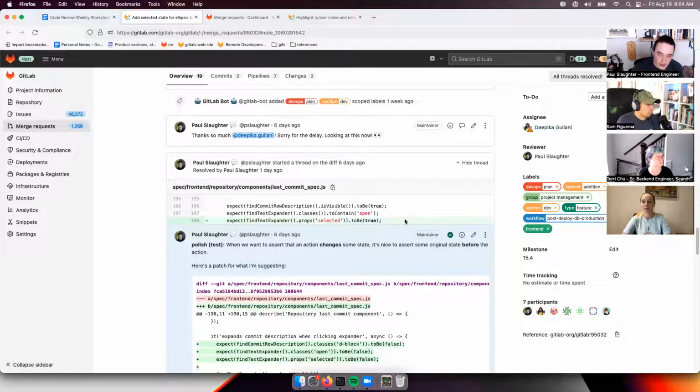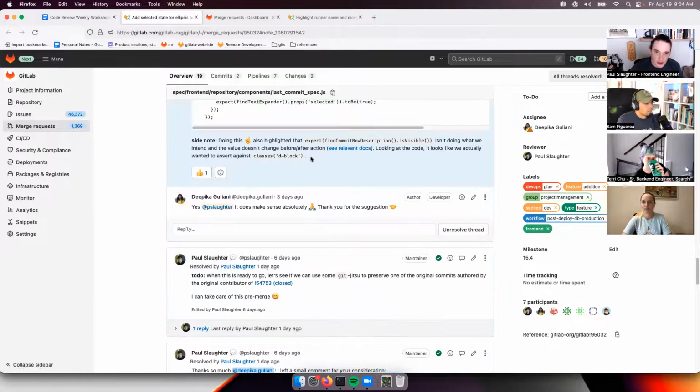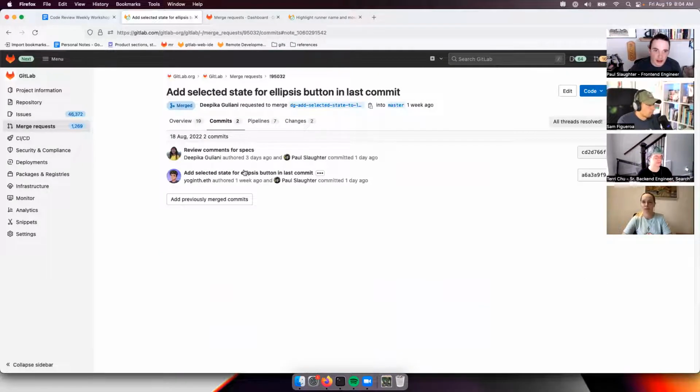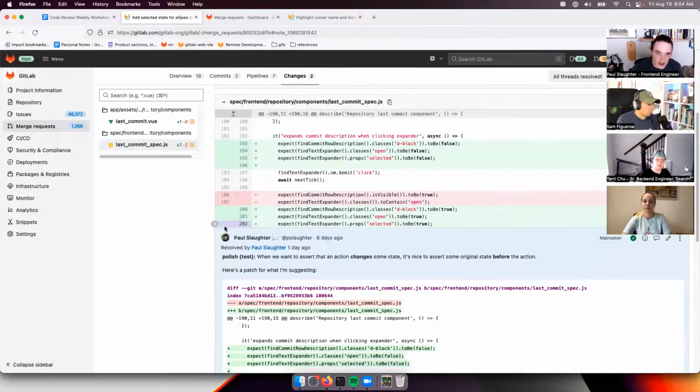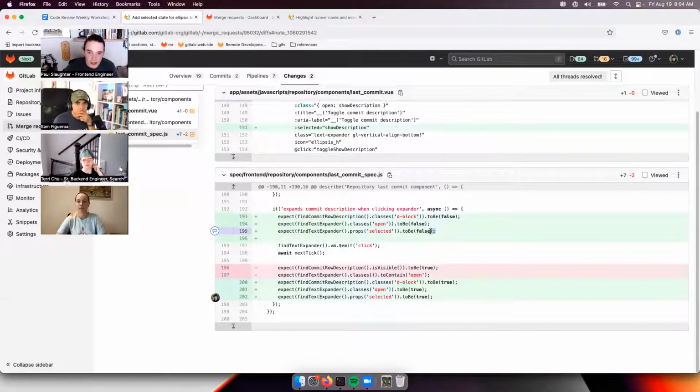We added some tests, and originally, let me see if I can start it. How am I going to do this? Oh, I bet I could look at it by the commit. Yes. No. All right, I'll have to look at it just here. So this was the old, or this is the new spec changes